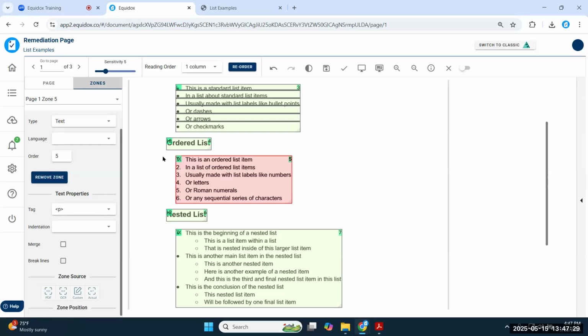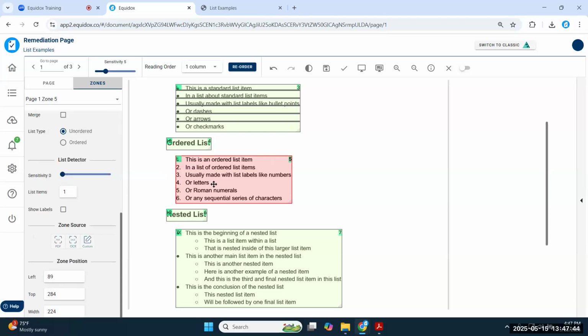You don't want there to be a list label and then the list item itself reads "1. This is an ordered list." You want it to know that these numbers are in fact what are supposed to be tagged as the list labels themselves. So if I hit L on my keyboard and I do the exact same thing that I just did and I nudge my slider from left to right, okay, great. I have my list items.